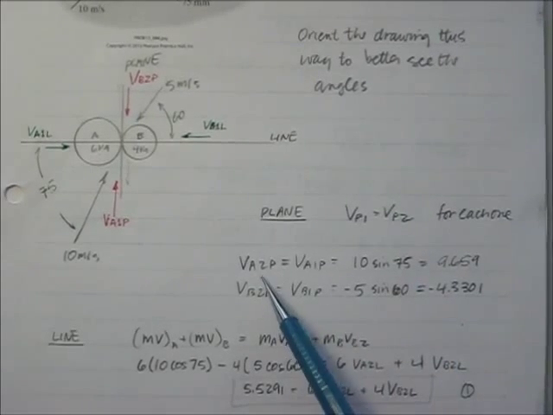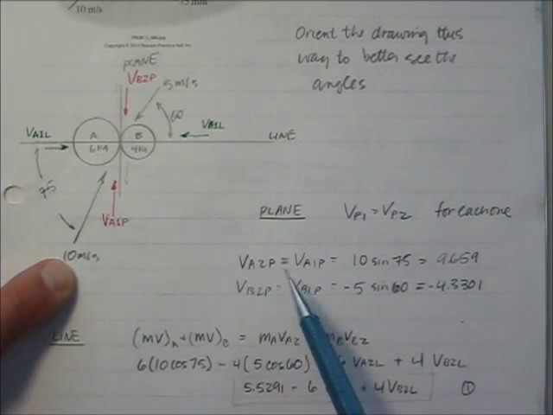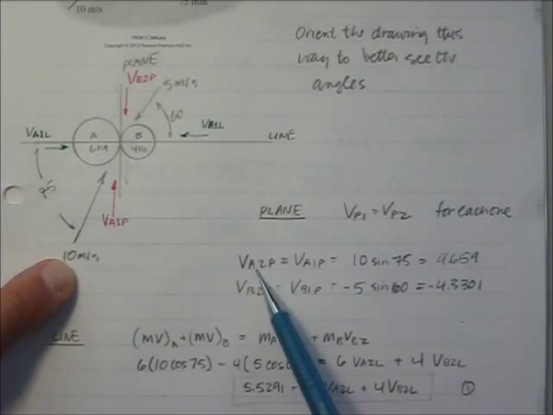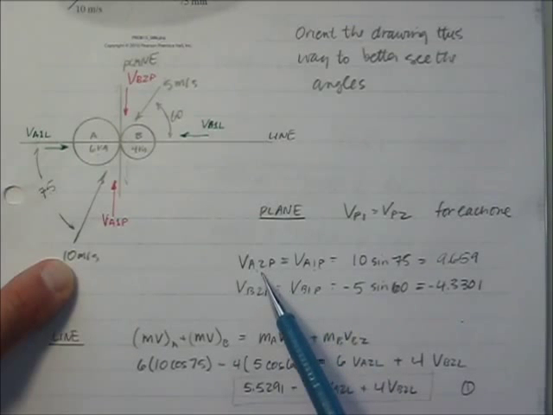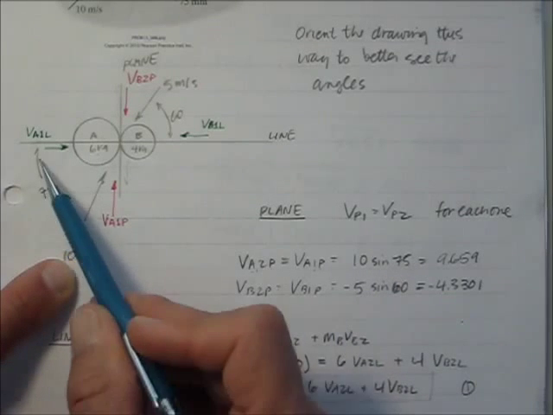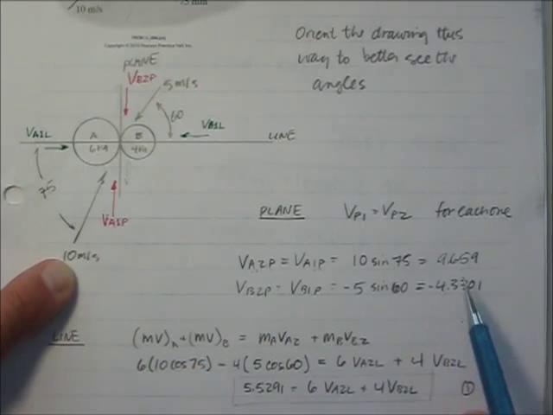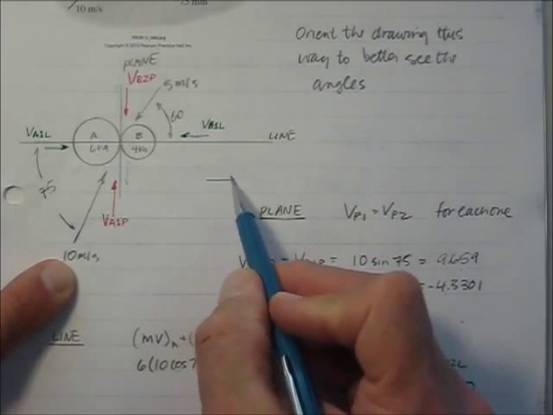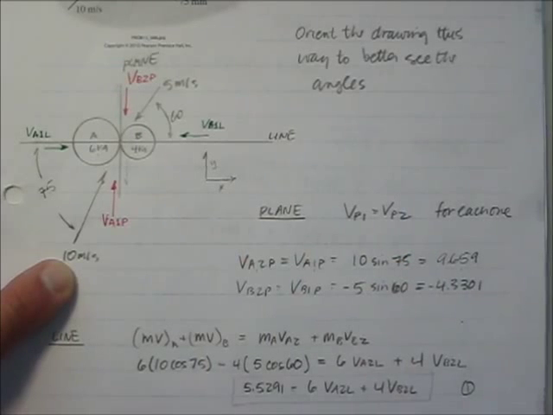So let's say that for particle A, we know that the approaching speed VA1 in the plane is going to be equal to VA2 in the plane, and that's equal to 10 times the sine of 75, and that's 9.659. Again, we need to make sure we keep our positive and negative straight, so let's define that as our positive, and this is our positive, x's and y's or something like that,